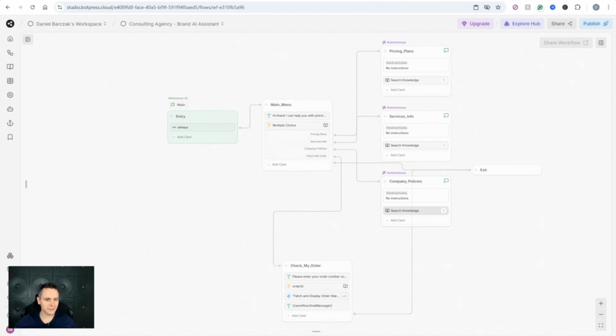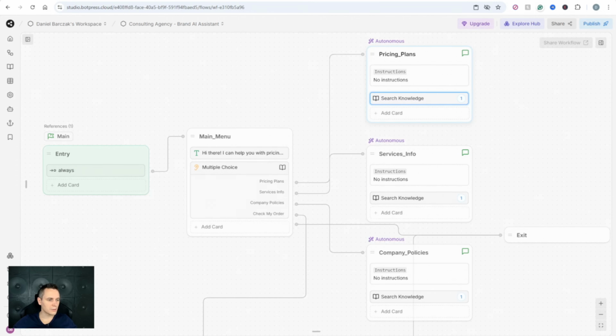This is where Botpress really shines because it works for both non-technical users and developers. This workflow is designed for a customer service chatbot that can handle two different types of tasks. The first path is for answering common customer questions about the company, like what type of pricing plans they have, what type of services they might offer, as well as some insights into company policies. And the chatbot can do this easily by looking up information that we have already provided inside the knowledge base